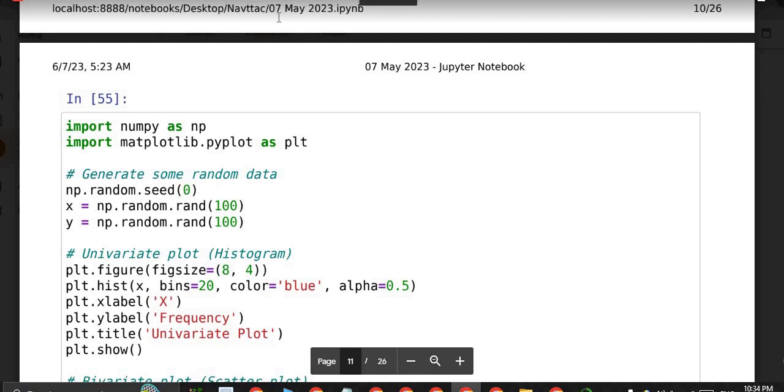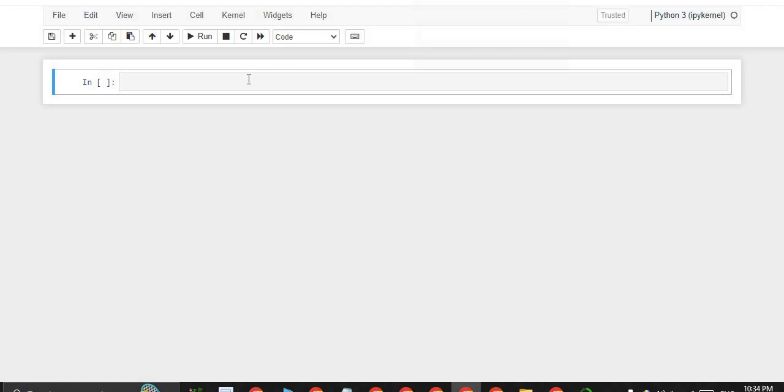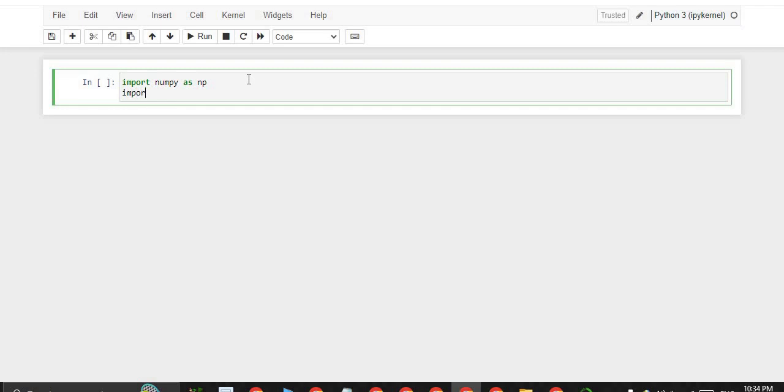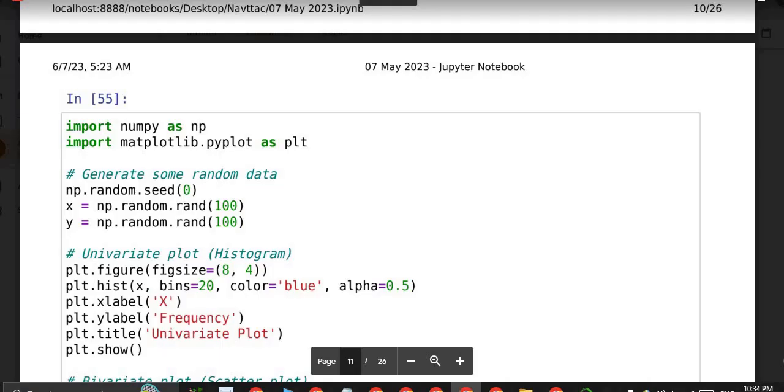Okay, so let's practice this code. Import. Here we can import two libraries, NumPy and matplotlib. I think this is pyplot.